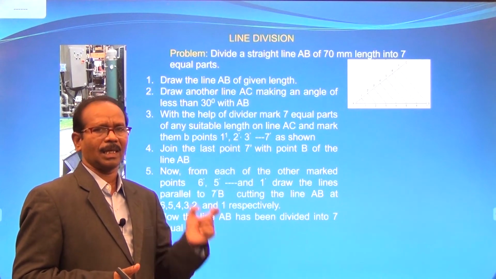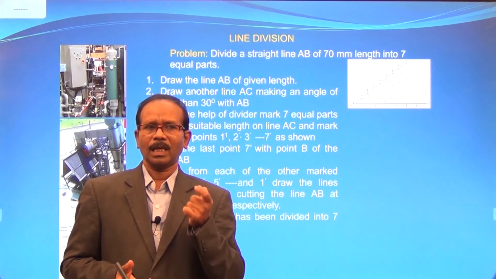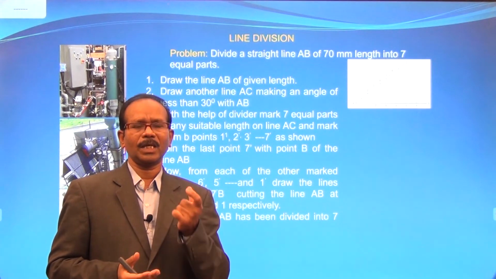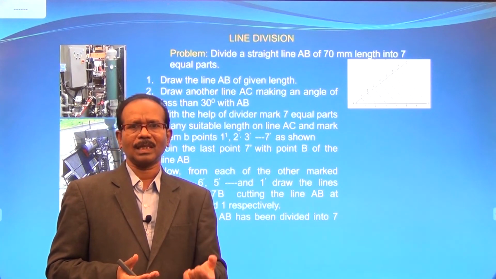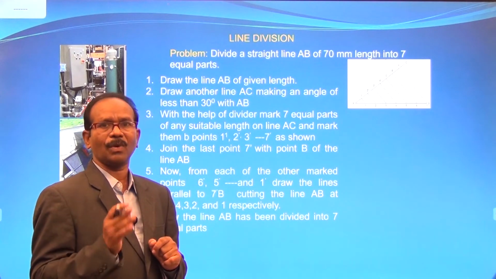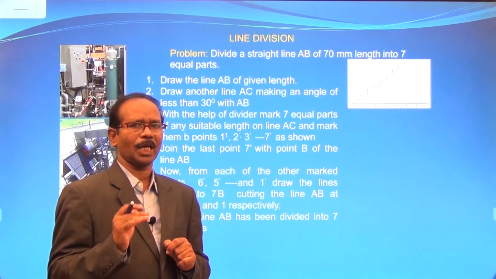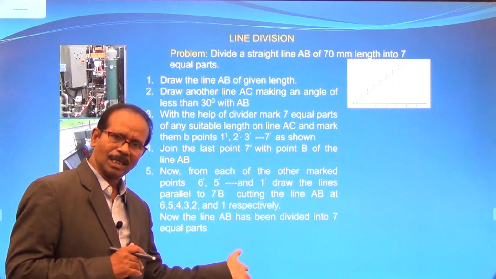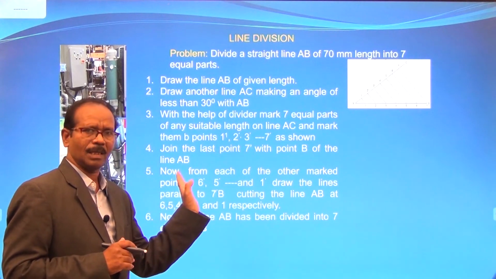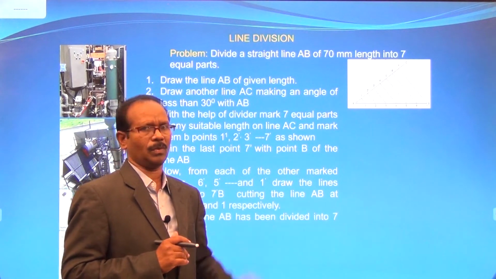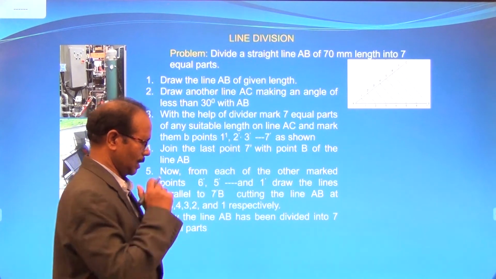That procedure has a separate name, the acute angle method. The line division method is also known as the acute angle method. Acute angle, you know, below 90 degrees we call an acute angle. So draw a line and adopt the procedure. That procedure you will read in the later class, but I am going to draw this problem right now.